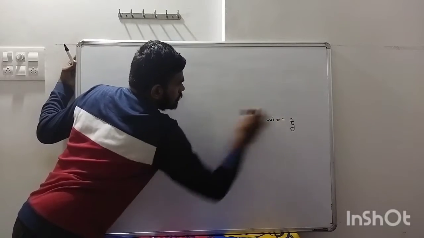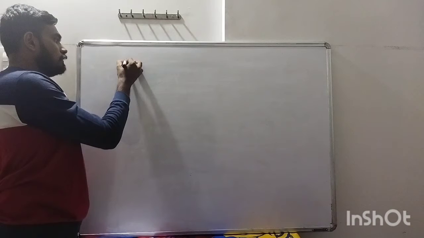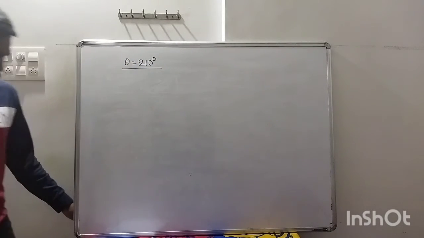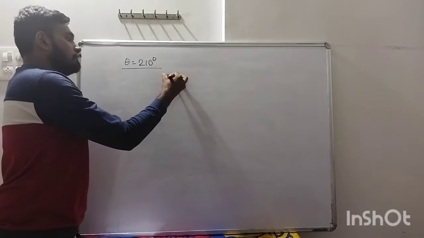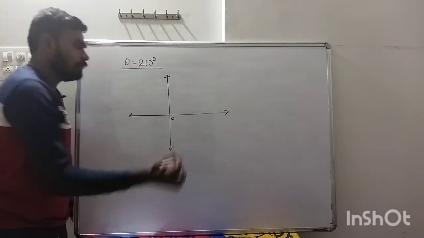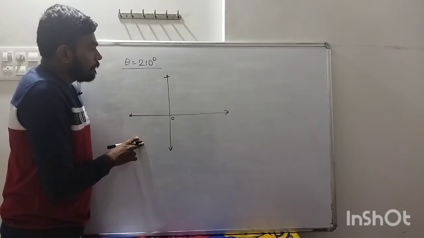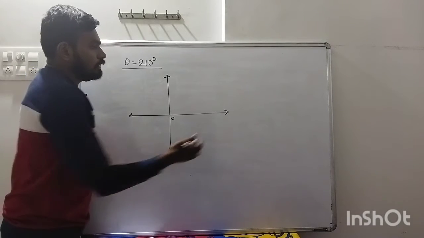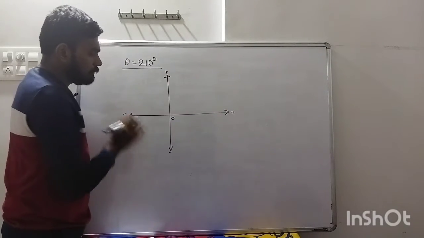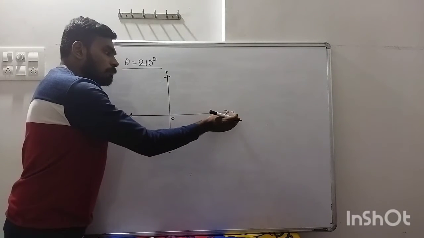We will do examples of this. For example, you have to find all trigonometric ratios for theta equal to 210 degrees. What do you do? I'll just show you. Now, 210 will be where? This is 0 degree obviously. I will write plus here, minus here. Plus means this is the positive side: 1, 2, 3, 4. That's why I put plus here.